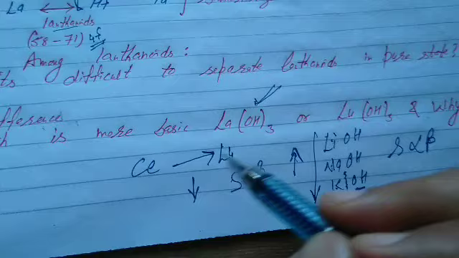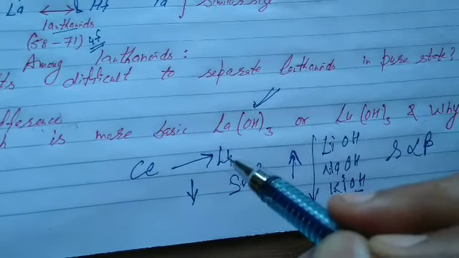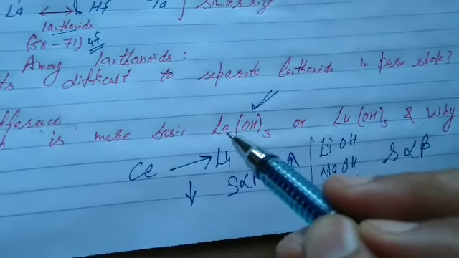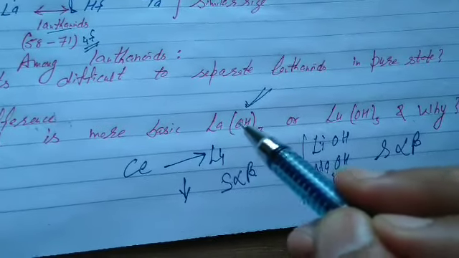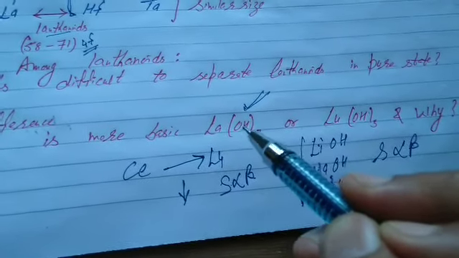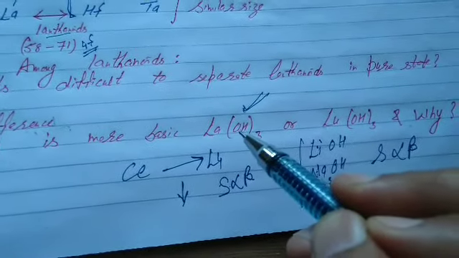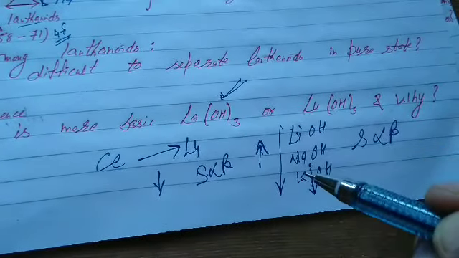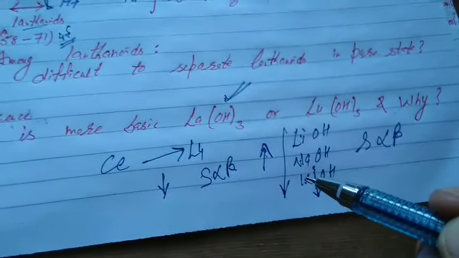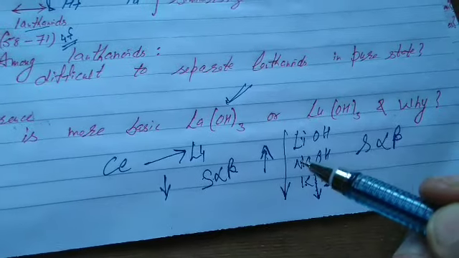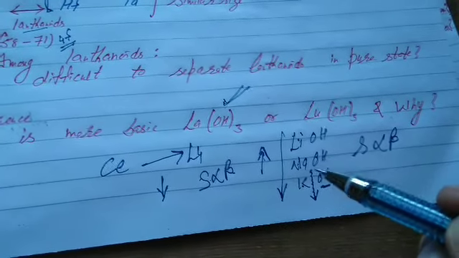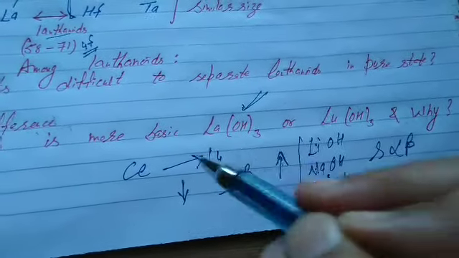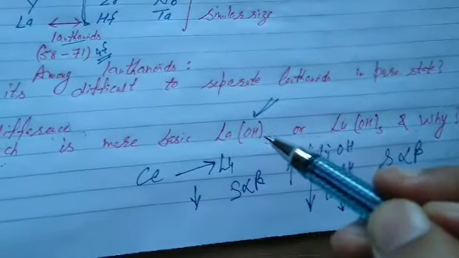Students, when we move in lanthanoids, the size of the lanthanoid ion decreases. When the size of the lanthanoid ion decreases, its covalent bond with the smaller hydroxide ion becomes stable, so it does not dissociate. But in alkali metals, as we move down the group, the size of the alkali metal increases, so its bond with the hydroxide ion becomes weak, hence it easily dissociates. Which is more basic? Lanthanum hydroxide. Again, the reason is lanthanoid contraction.